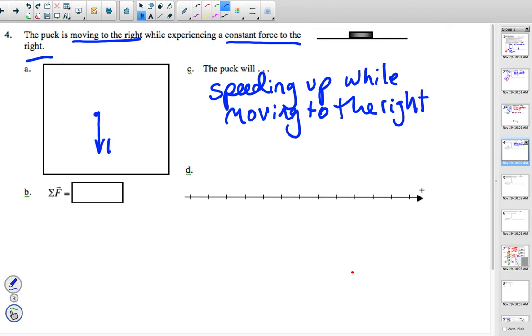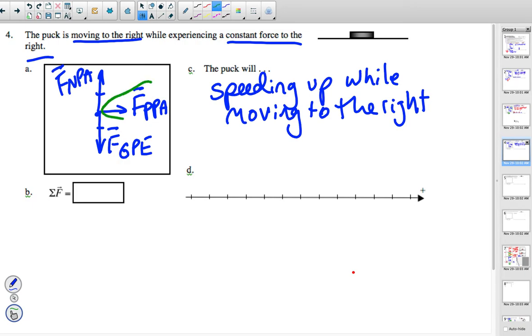We still have gravity, force of gravity on the puck by the earth. We got force normal on the puck by the air, which would have to be exactly the same size. And we still have the air hitting it from the side from the leaf blower. That'd be a force of push on the puck by the air. And when taking a look at all 3 of these forces, the vertical forces would cancel each other out. So when looking at the net force, it would be the force of push on the puck by the air